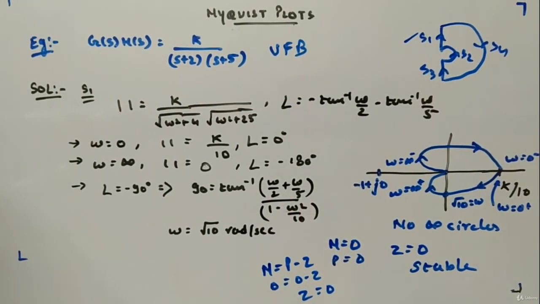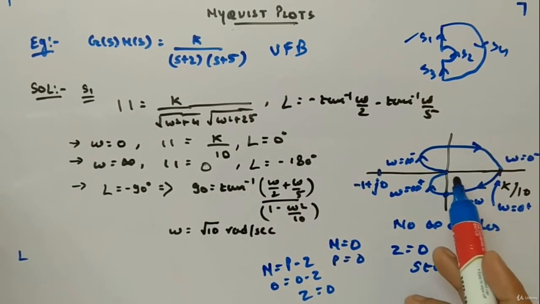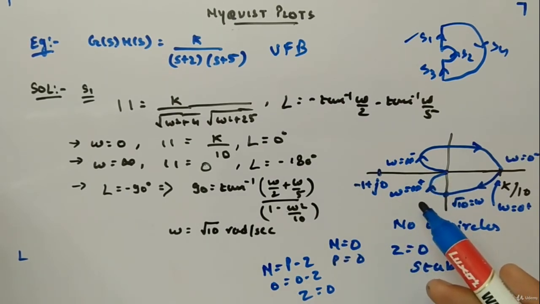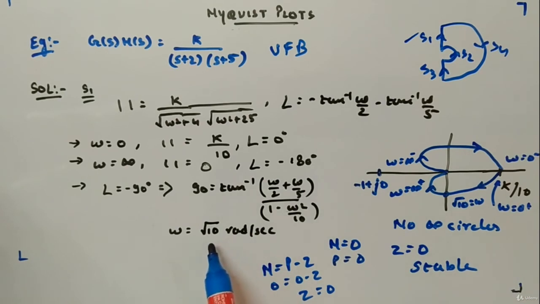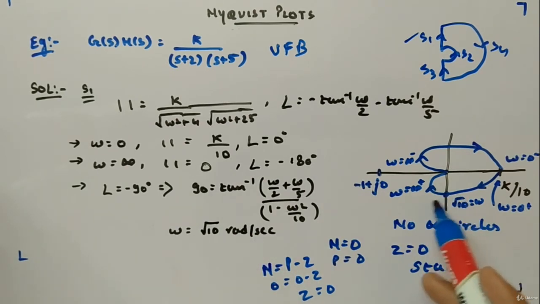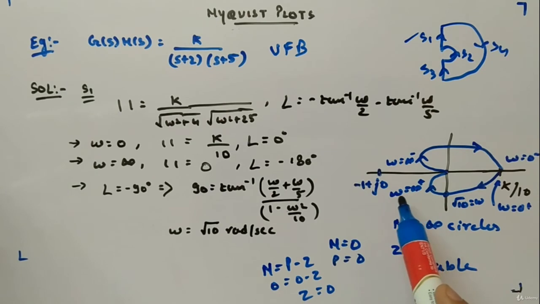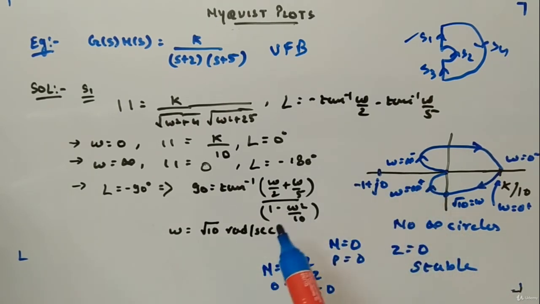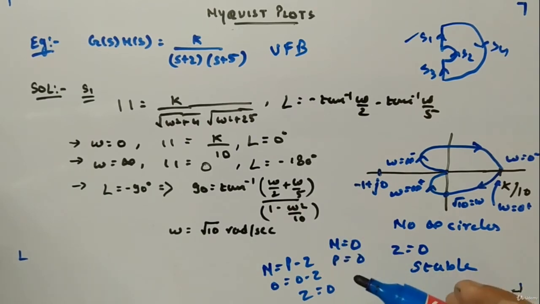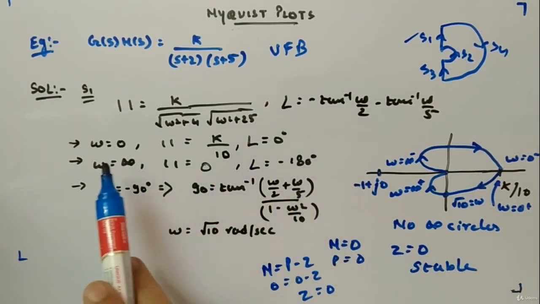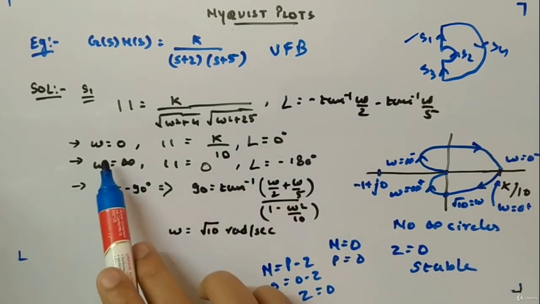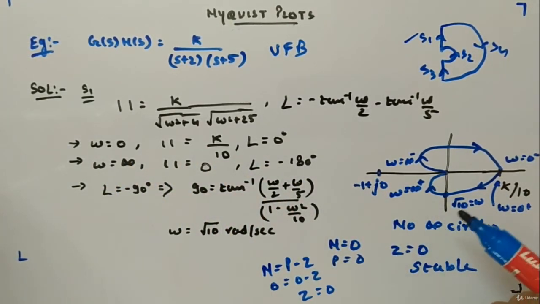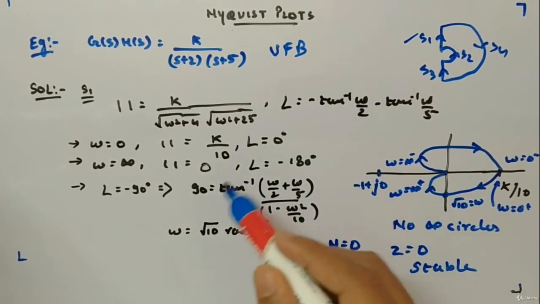So I have applied the Nyquist criterion as well. We saw it is not necessary that you will get infinite circles, and sometimes it cuts other axes as well. Not all the time will the plot cut −180 degrees. You can check by the values we are getting at ω = 0 and infinity. You can judge the behavior of the plot, how it will go, and accordingly you can check.